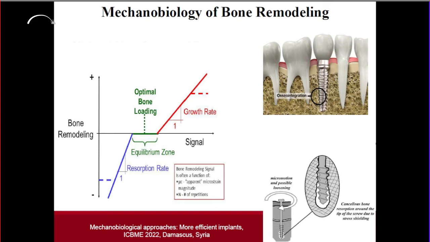On this figure on the left-hand side, on the vertical axis, you see a rate of change of density of your bone. And on the x-axis, you see the mechanical stimulus. If the mechanical stimulus is within the equilibrium zone,